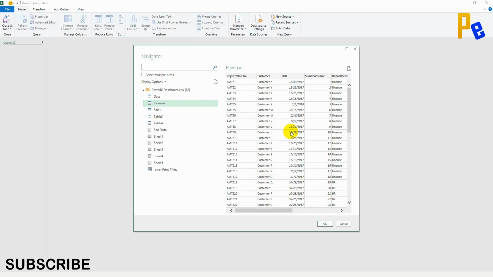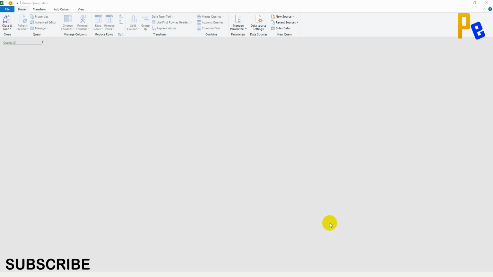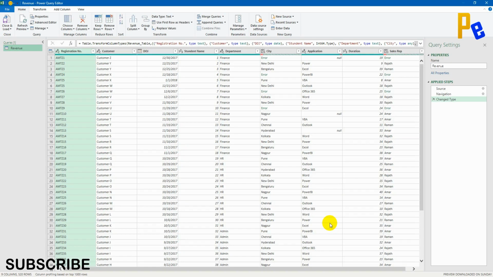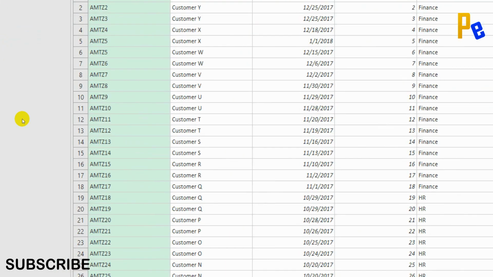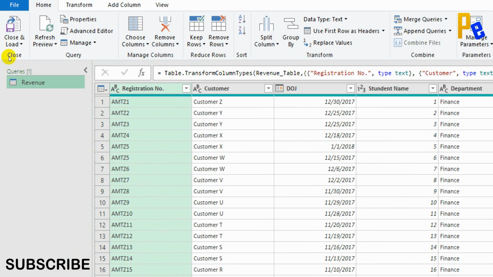In the previous video, you understood how to launch the Power Query editor from Excel and the reason we selected a table and not a worksheet. Now, let me take this data, the revenue table data, inside the Power Query editor. For that, I need to press OK. This will load the Excel data into the Power Query editor, and then there is a query now. The query name is revenue and it is a table.